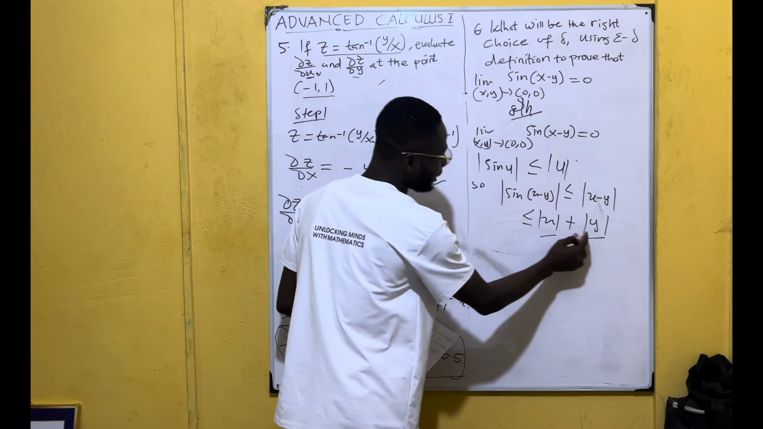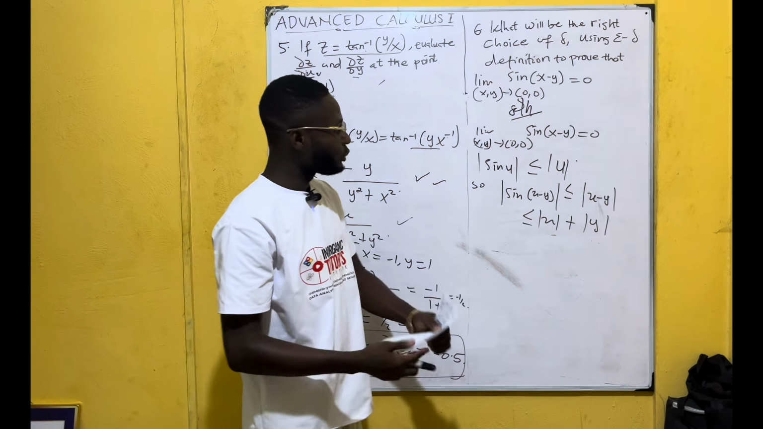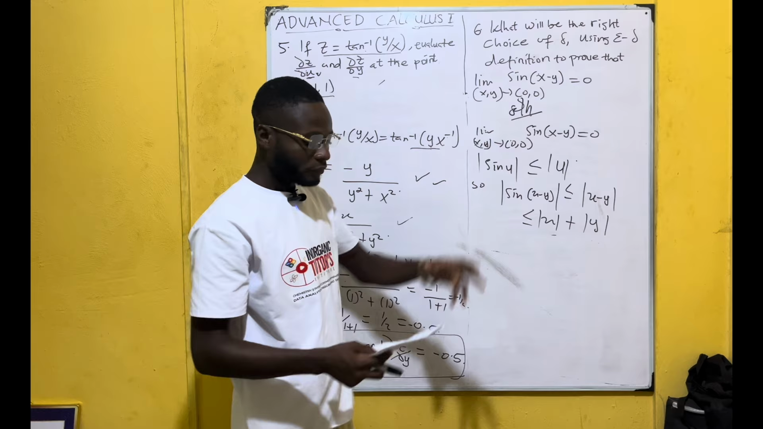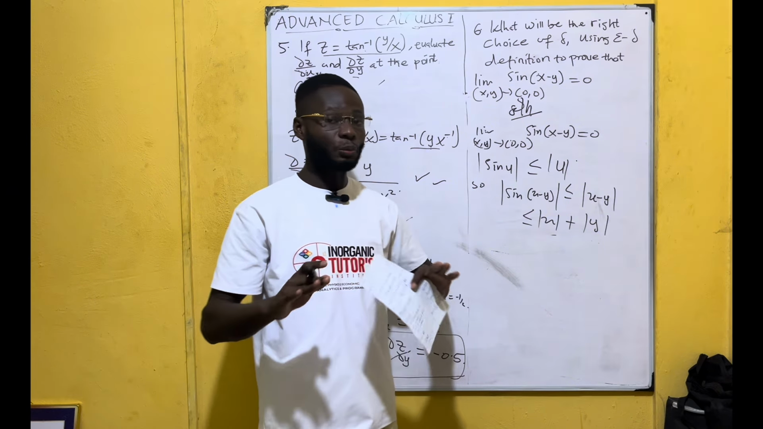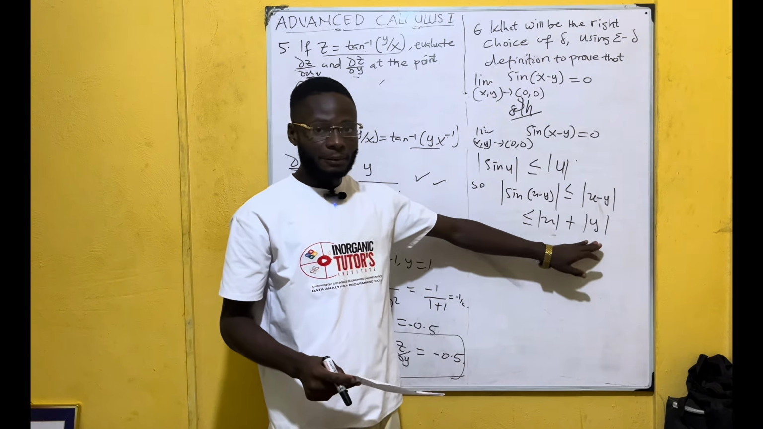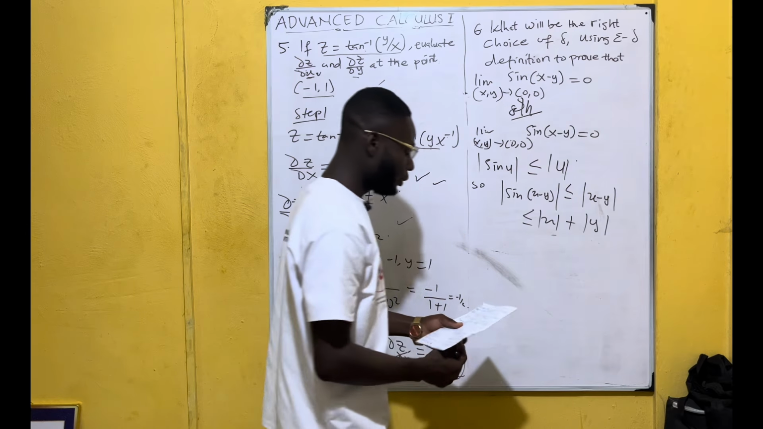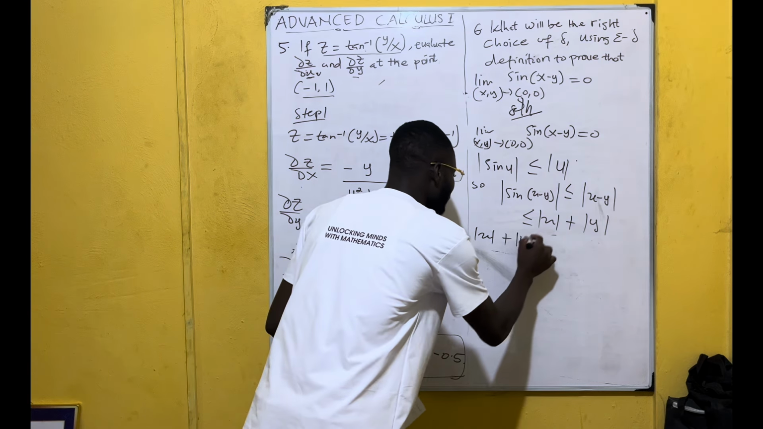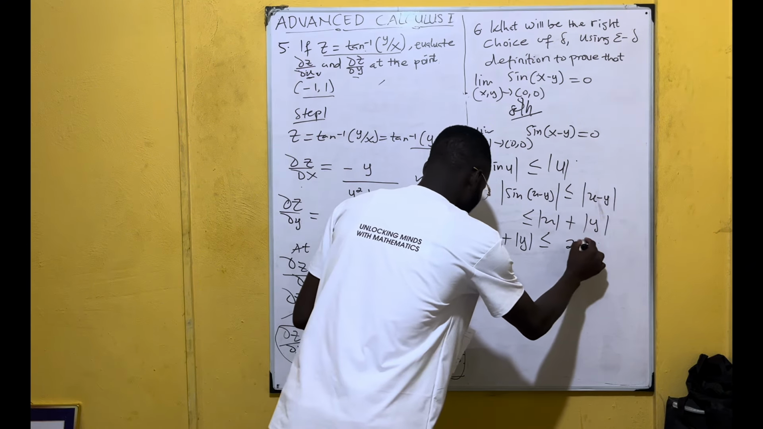Absolute of x plus absolute of what? Y. So this is all we need to be able to find the right choice for delta. So in step 2, what you are going to use is the distance to bound: absolute of x and then absolute of y. Okay, so we know that absolute of x plus absolute of y must be less or equal to 2